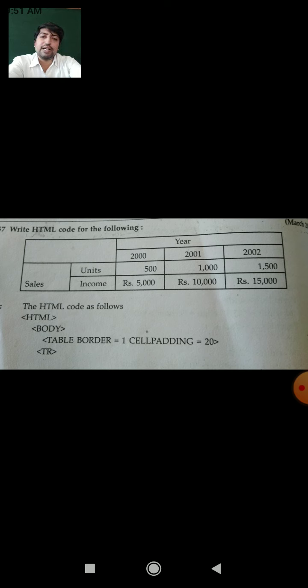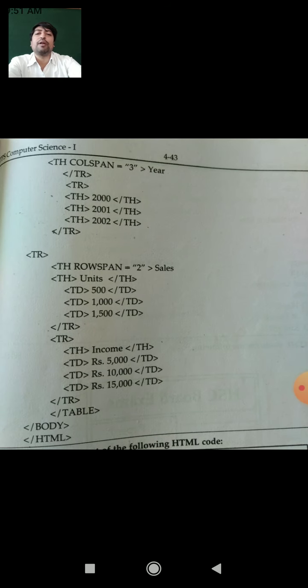The first row is year, the second row is 2000, 2001, 2002, and the third and fourth rows combine in the first cell of the third row. Whenever we take the first column, colspan is equal to 3, year is there.